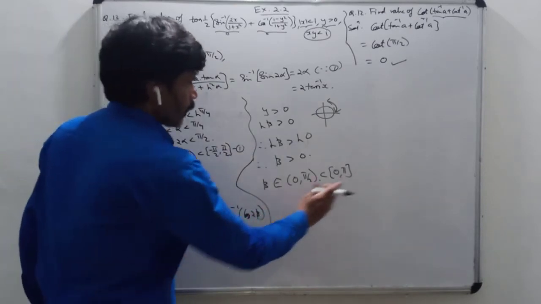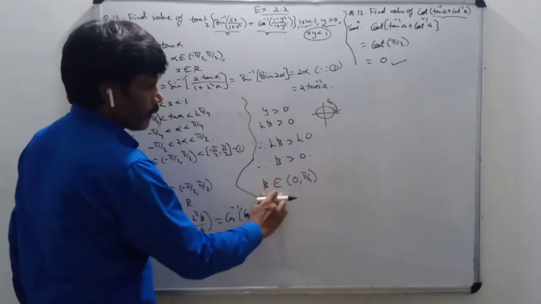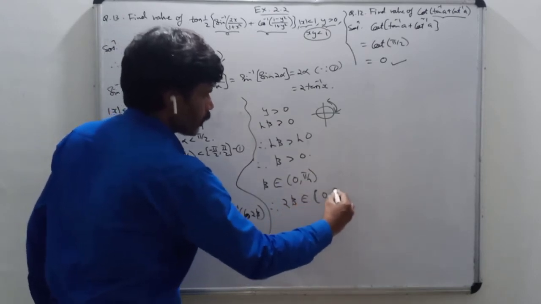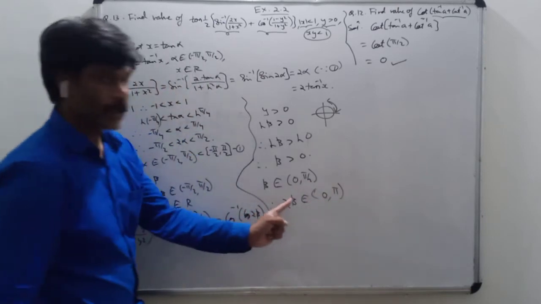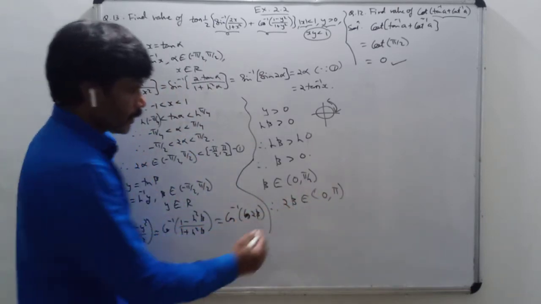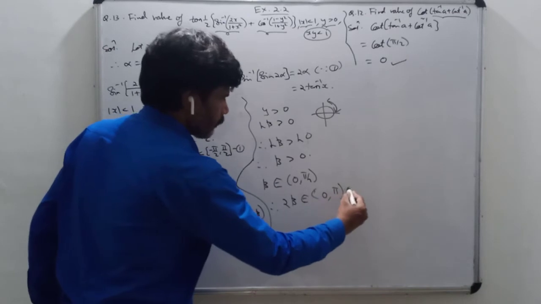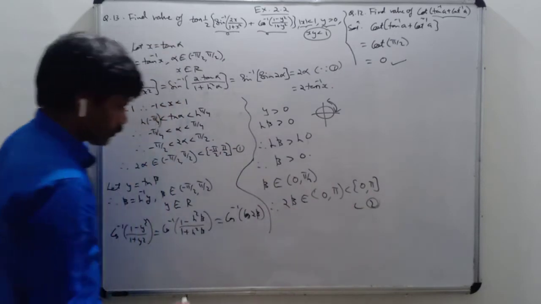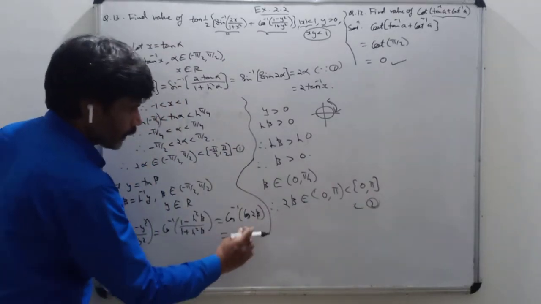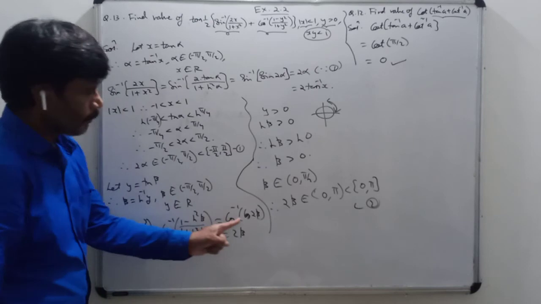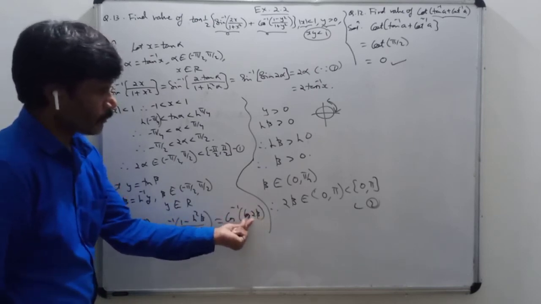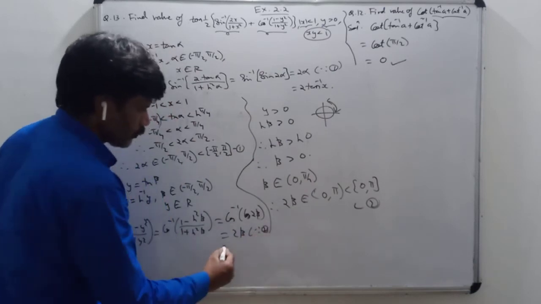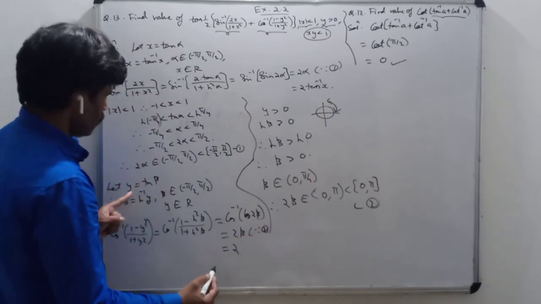So here beta belongs to 0 to pi by 2. So therefore I can say 2 beta belongs to the open interval 0 to pi, because we are multiplying by 2, we need 2 beta here. Which is nothing but a subset of the closed interval 0 to pi. Give it result number 2. So that is equal to cos inverse of cos of something, I can write something. Why? Because this 2 beta is in the domain of the cos function, closed interval 0 to pi. So that is equal to 2 beta, what I have assumed, tan inverse of y.